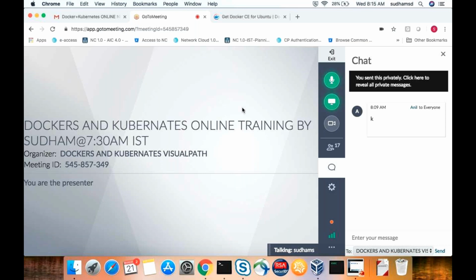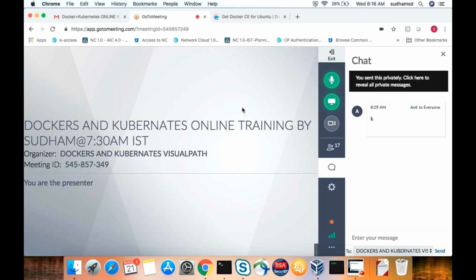Obviously, we'll have a Docker command. The Docker CLI command will contact the Docker daemon, which is running in the background, and then it will create a container for us. If you are trying to log into your Docker machine from outside, then you need to install some package. If you are already logged into the Docker machine, and you are trying to create some containers and all, it is not required. Directly you need to execute commands.